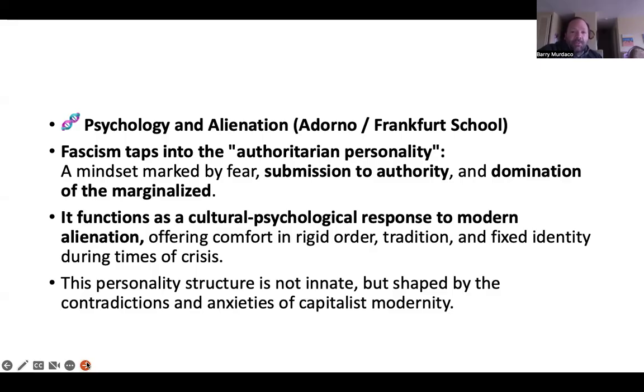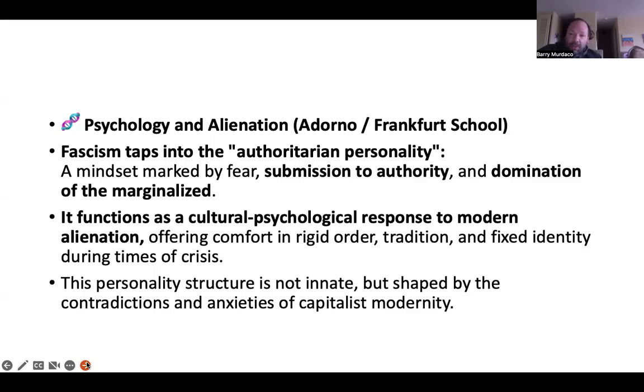But what he and others working with him tried to do is derive a fascist personality type, except they didn't call it fascism because they were doing the study in the United States and they were a little afraid of backlash. So they termed it the authoritarian personality instead, a little more generic sounding. But interestingly, they identified certain characteristics which I think are helpful to look at as well. They said the fascist personality type, or the authoritarian personality type, is a mindset marked by fear, submission to authority, and domination of the marginalized. And it's this key relationship between submissiveness to authority figures while simultaneously trying to dominate marginalized figures